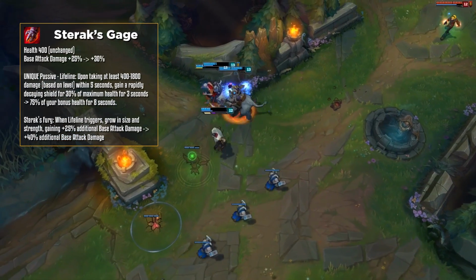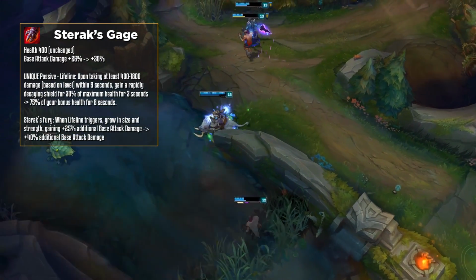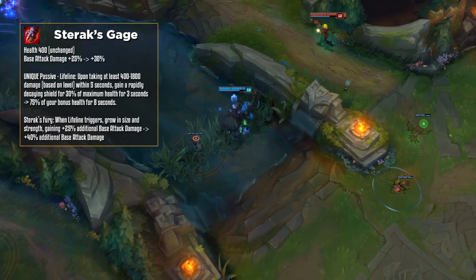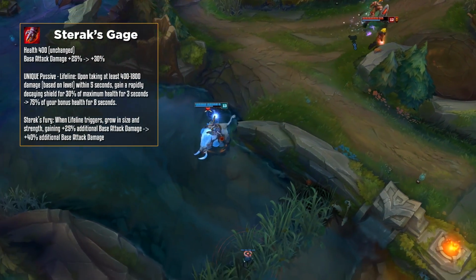As for Sterak's Fury, you used to gain 25% additional base damage, but that is now up to 40% additional base damage. Yet again, making this item even stronger and a very solid pick on bruiser champions. It's been added into my core build for a bunch of champions because it's just too damn strong not to put into your core build. It's still not a must buy if you don't have really good base attack damage, but it is very strong